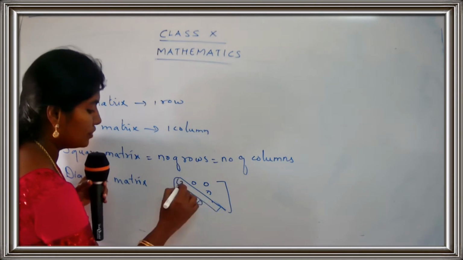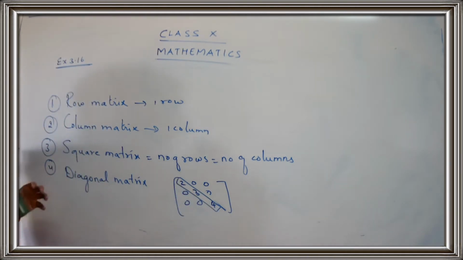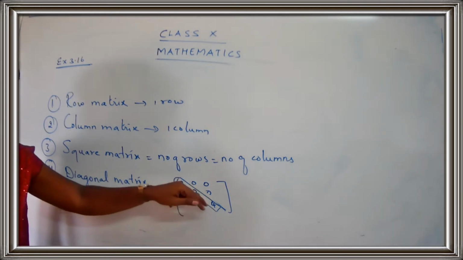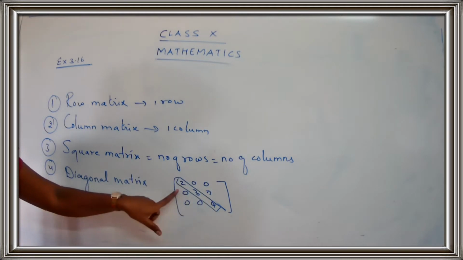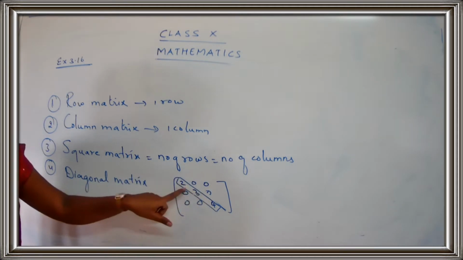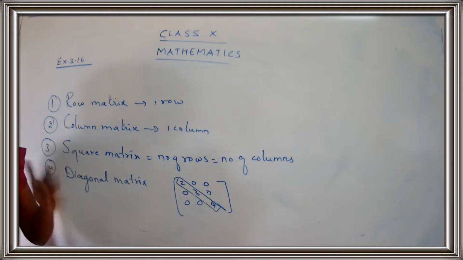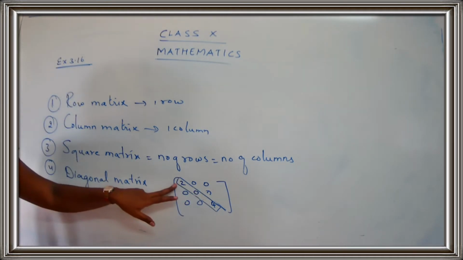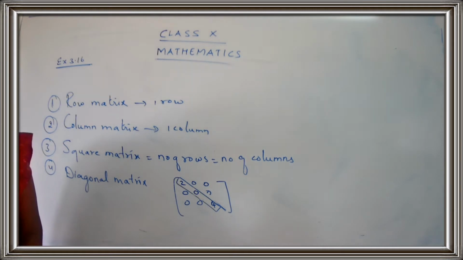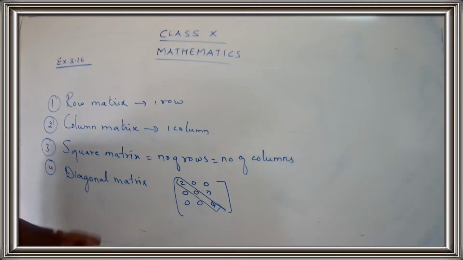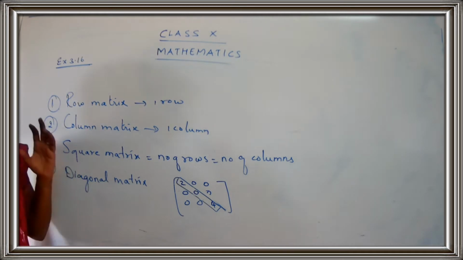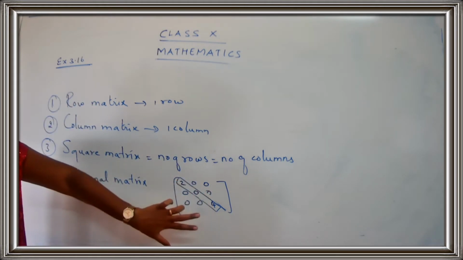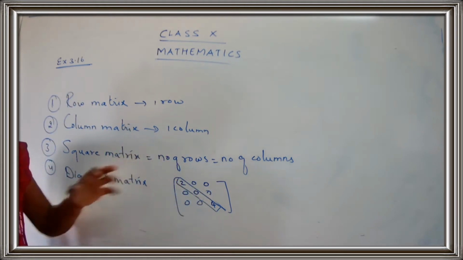And for the diagonal matrix, you can have any number other than 0. For a diagonal matrix, you have to get a number on the leading diagonal and all the other elements should be 0. Getting my point, children? So we have numbers on the leading diagonal, and on the leading diagonal we may get 0, no problem. Instead of 3 I can have 4, 0. So this is also called a diagonal matrix. Getting the point, children? Okay. So this is a diagonal matrix. For diagonal matrix you have some condition. First of all, it should be a square matrix. It should be a square matrix and all the elements except the leading diagonal should be 0.